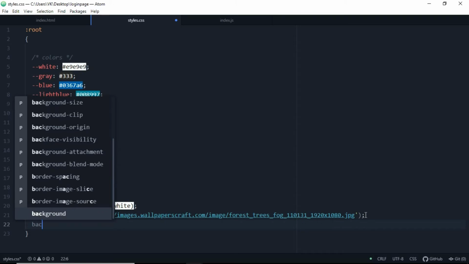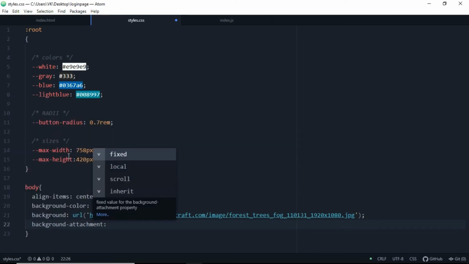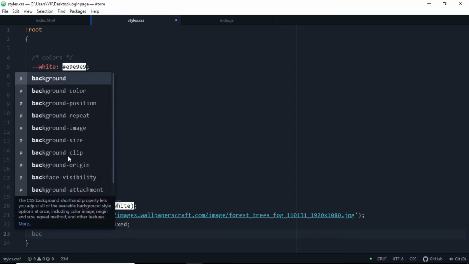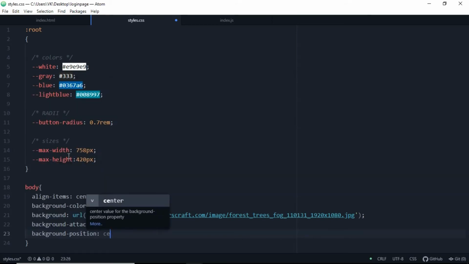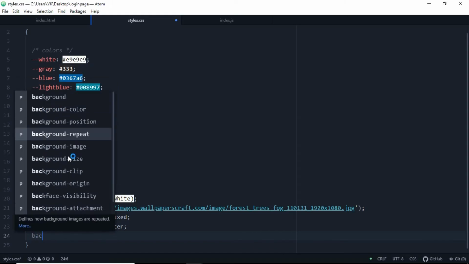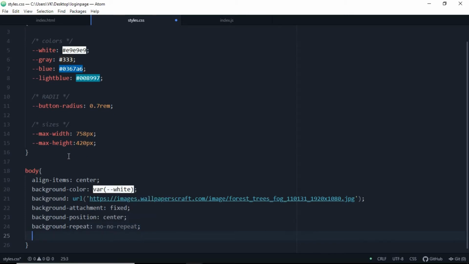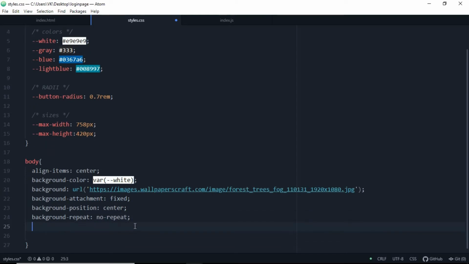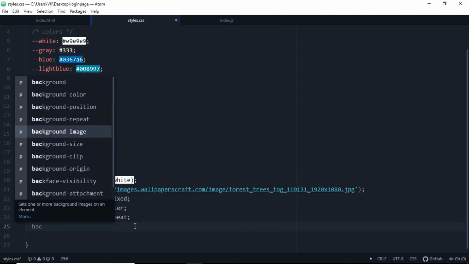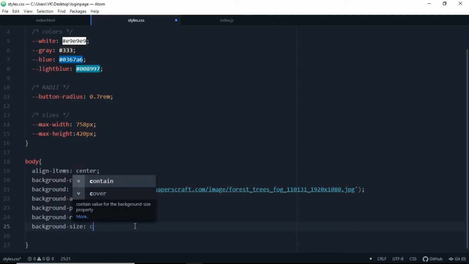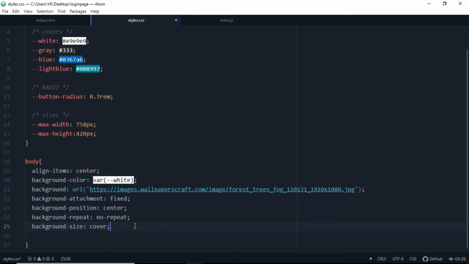Let's keep the background attachment to fixed, so that the background will be fixed, and hit enter. Let's add background position here, which will be center, and background repeat will be no repeat, so the image will not be repeated again and again. It will just take a single image and zoom the image, and hit enter. Another property will be background size, which is cover, so we're covering all the part of the screen,